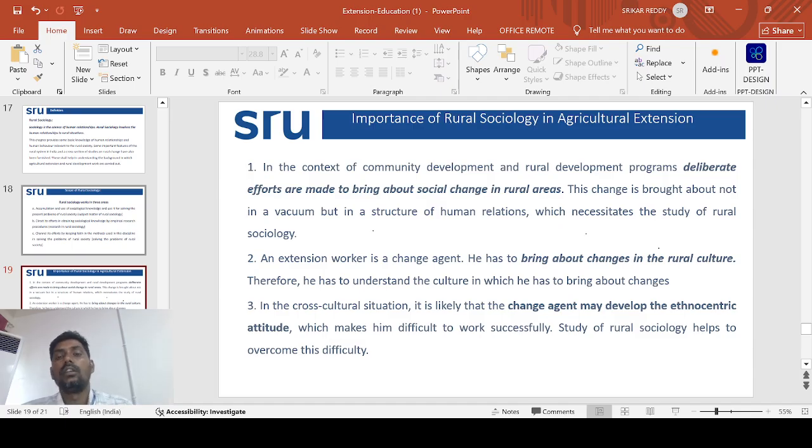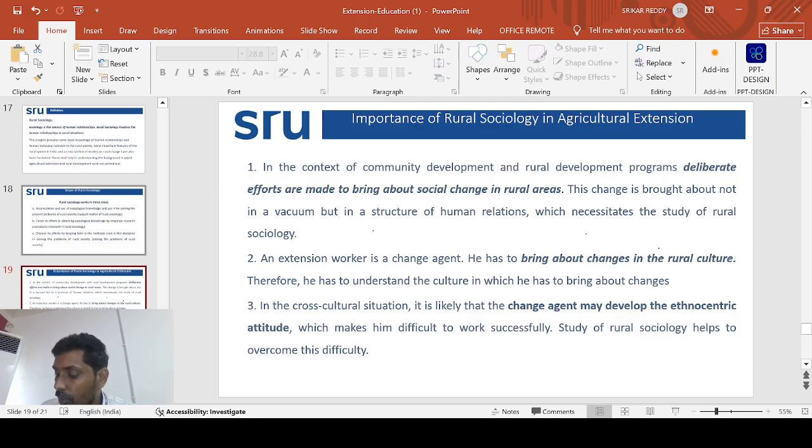Sociology will have a set of information. By knowing that information, new information can be formed or changes can be brought. You need to know first what the situation is. So sociology will be the source for provision of such information. When you want to change the culture, extension will change the culture, system and pattern. That particular change cannot be brought without the help of sociology,